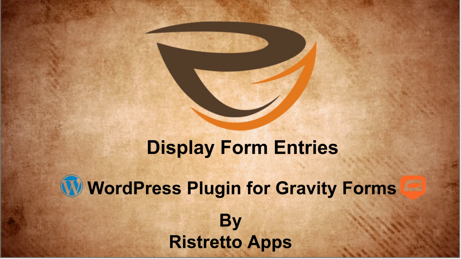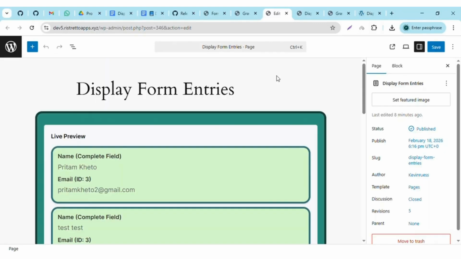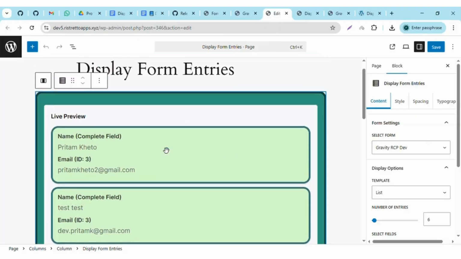Display Form Entries is a WordPress plugin that allows you to display Gravity form submissions directly on the front end of your website using flexible layouts and powerful customization options. In this video, we'll show you how to display specific form fields and customize which entry data appears in your